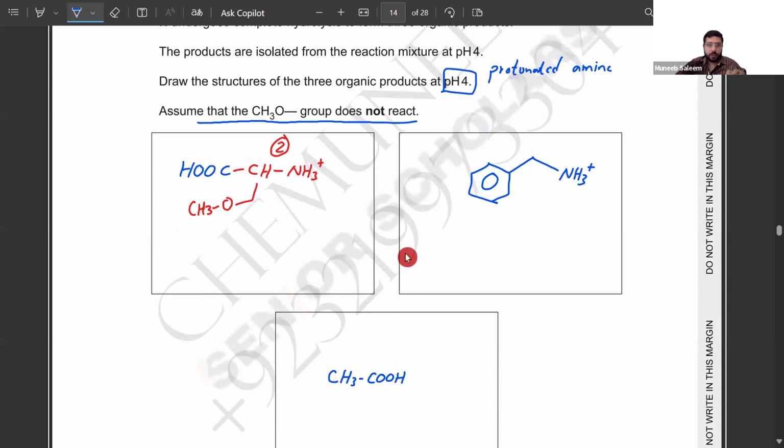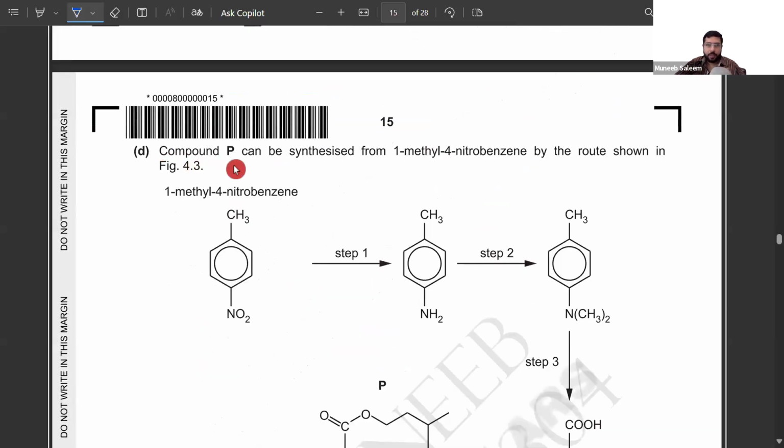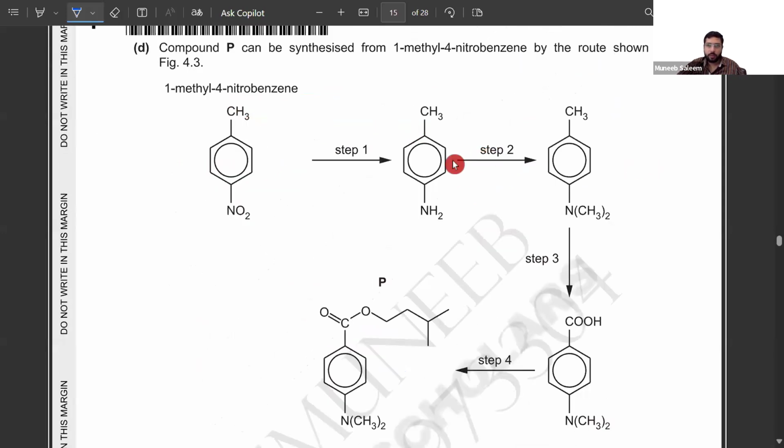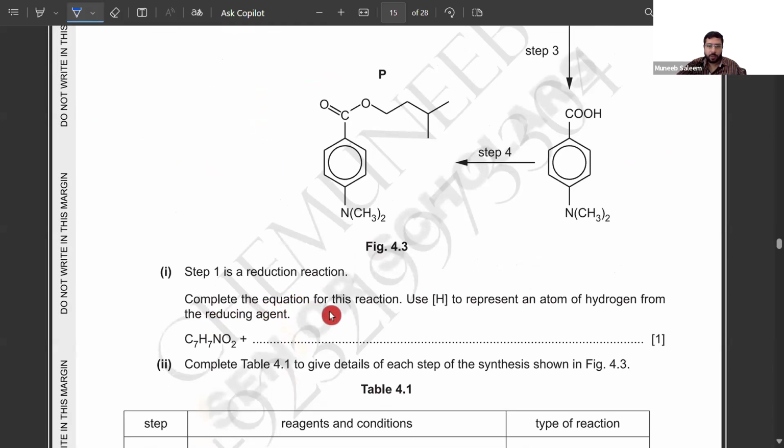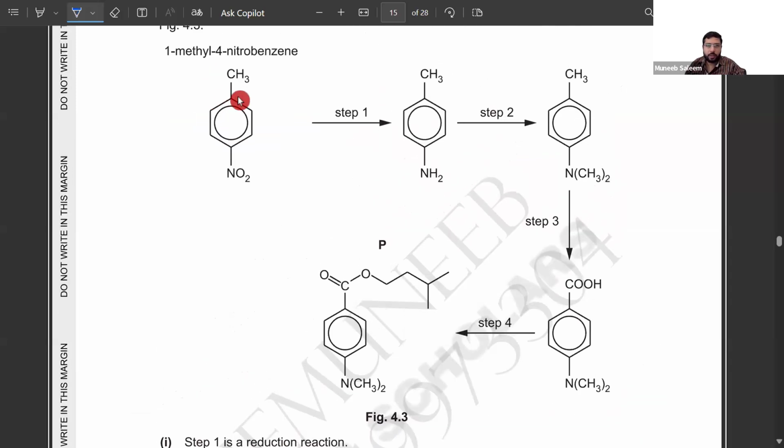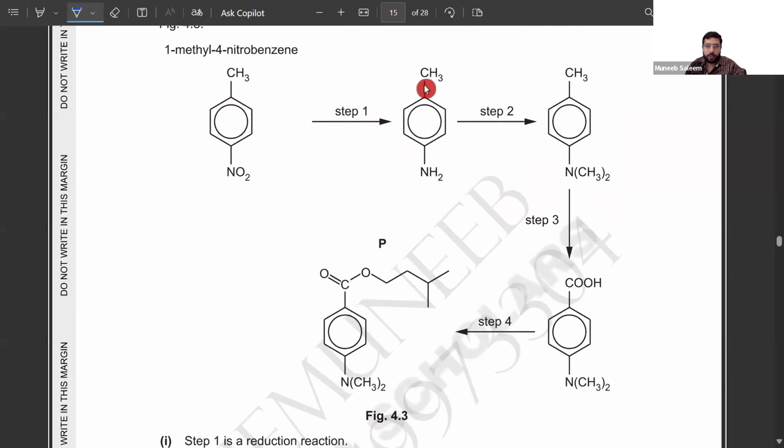Now the next question, the compound P can be synthesized from 1-methyl-4-nitrobenzene by the route shown. So we have this route by which this compound is formed. Step 1 is the reduction reaction. Complete the equation for this reaction. Use [H], this bracket hydrogen, to represent an atom of hydrogen from the reducing agent. And we are given the molecular formula of the reactant, which goes through step 1 to make this